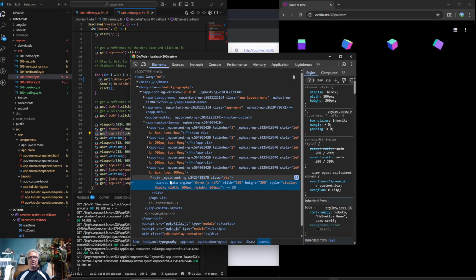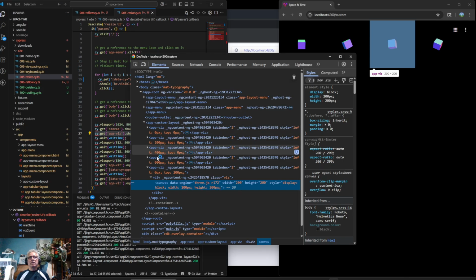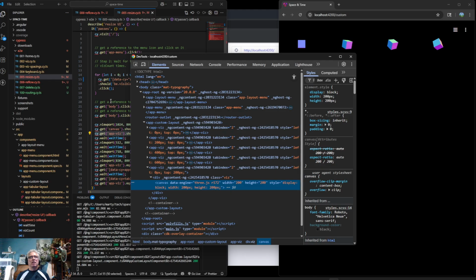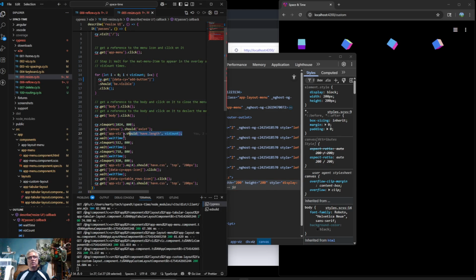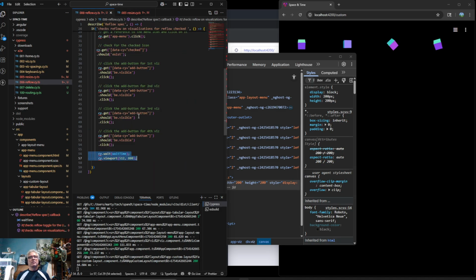If we go up the line, what we should see is that each one of these is their own little app viz. So we're saying, select all the app vizzes, and I expect that to be a value of 4, right? And the one thing I really like about